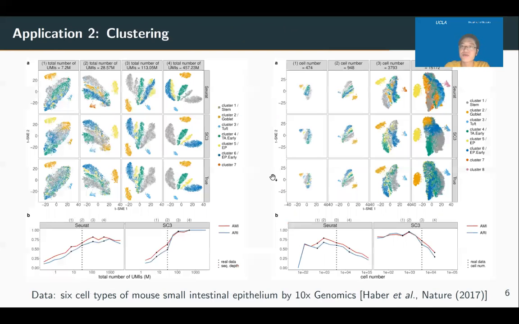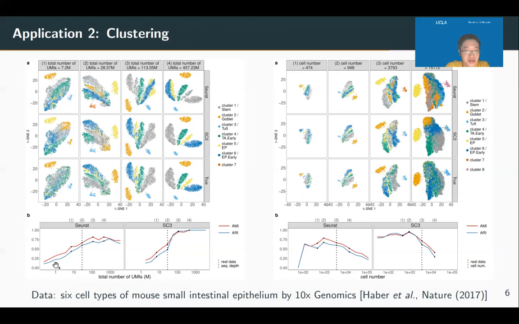Finally, we can use our proposed simulator to help with experimental design and computational method benchmarking. In our manuscript, we consider two tasks, which are clustering and rare cell type detection. In each task, we consider two experimental design scenarios. In the first scenario, we keep the number of cells sequenced fixed, and then vary the total sequencing depth. In the second scenario, we keep the total sequencing depth fixed, and then vary the cell number. You can see that in the first scenario,